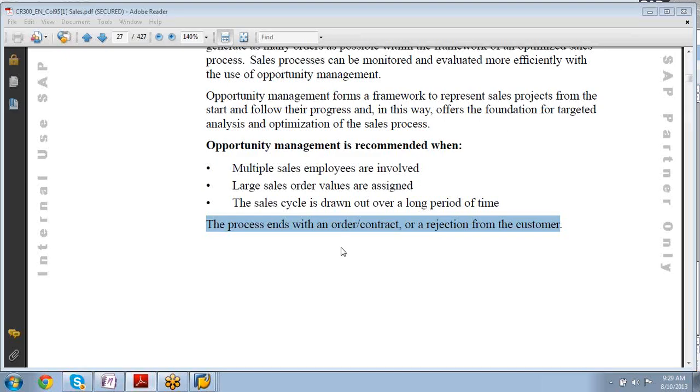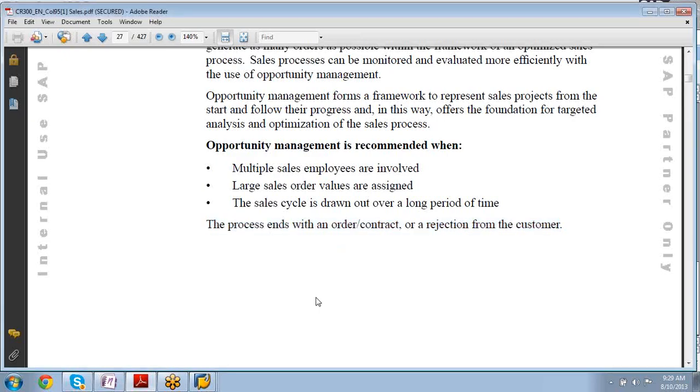So the process ends with an order or a contract. I think I have given this document to all of you. How many of you have really finished the CR 300? Sampath,